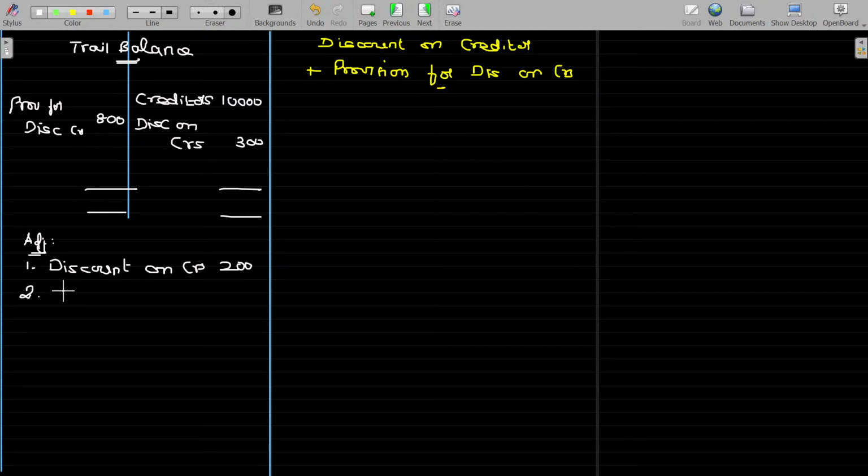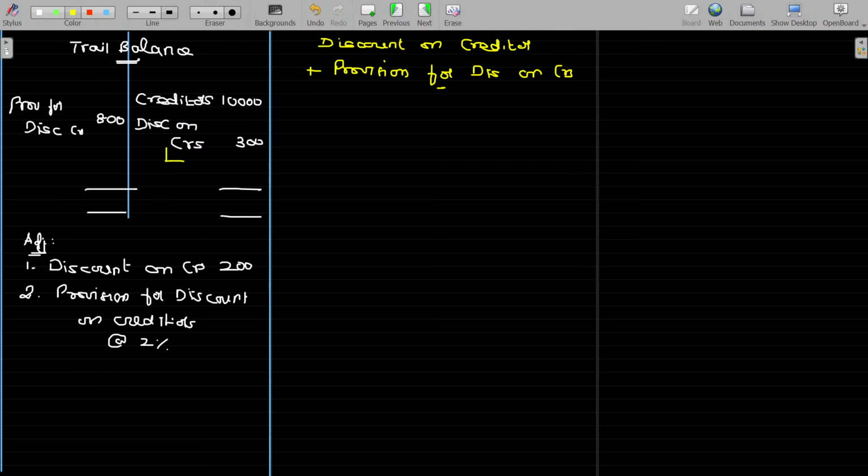Second adjustment here. Provision for discount on creditors required to be maintained. Okay. At 2%. Is that okay? We have to pass